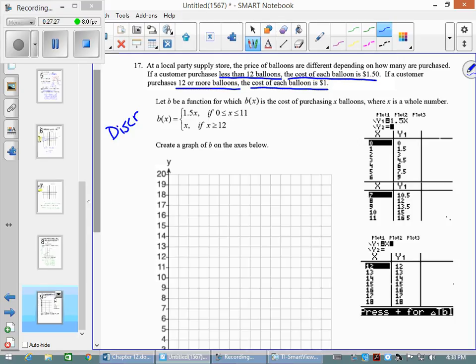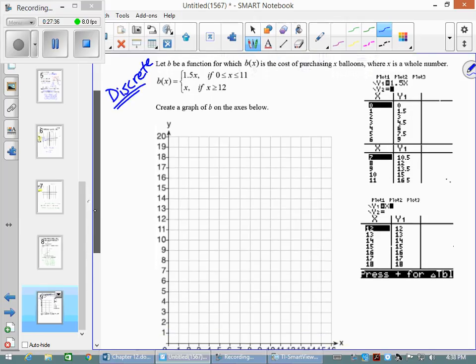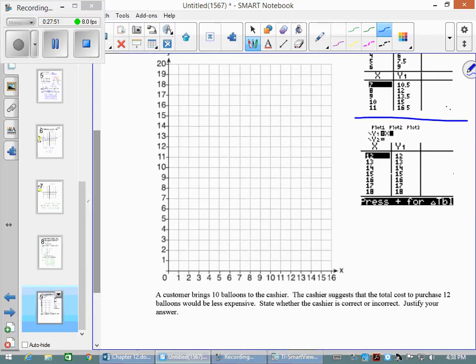So I'll show this in a minute by typing this into our calculator. To graph, here's my function f of x equals 1.5x, and I pulled up the table from 0 to 11. So I'm going to start by graphing that function. So I'm graphing the point 0, 0. Then I'm graphing the point 1, 1.5. So you do have to graph each point. Just go in the middle if it's a half. 2, 3, 3, 4.5,